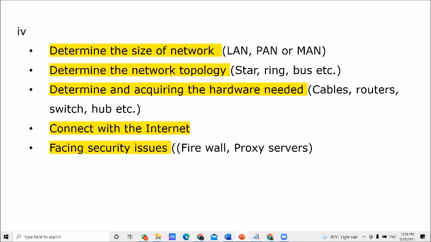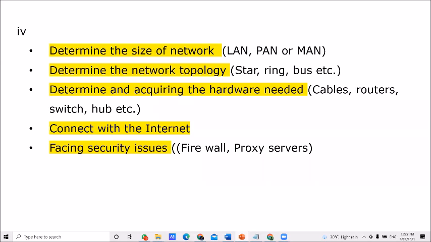Right? Sometimes the organization is limited to one building. Sometimes it will have branches. If you have many branches, then you need to establish a somewhat bigger network system. Therefore, you would go for a metropolitan area network or wide area network system.